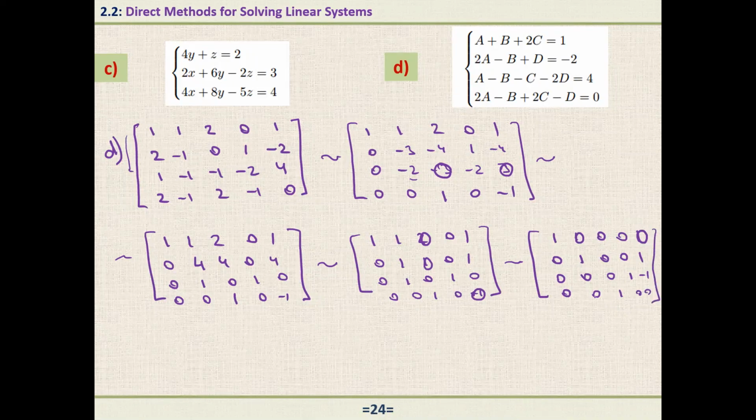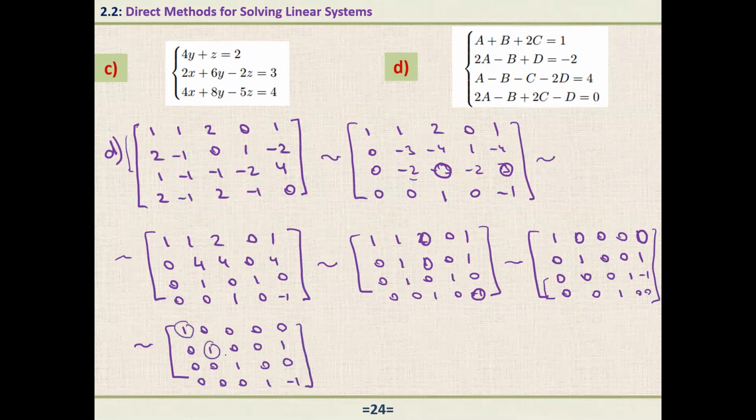Okay. Now if I just interchange the third and fourth row, we will get reduced row echelon form of this matrix. So here we have 1, 1, 2, 3, 4, 0, 1, 0, 0, 1. Here we have 0, 0, 1, 0, 0. And here we have 0, 0, 0, 1, negative 1. Right? Now it is in reduced row echelon form. These are leading entries. So from here, the first one, what is it? A. A equals 0. Second one,